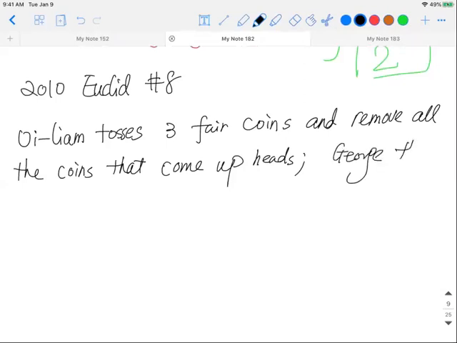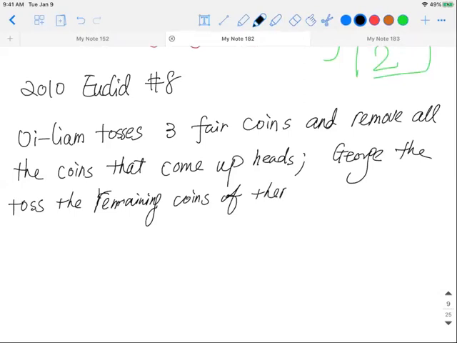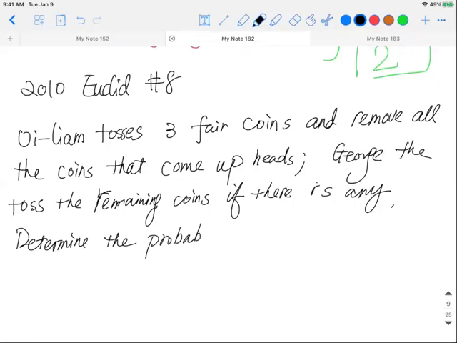George then tosses the remaining coins, if there are any. Determine the probability that George tosses